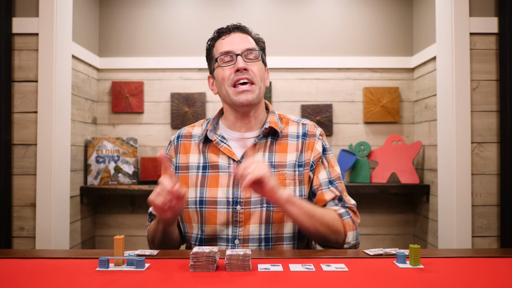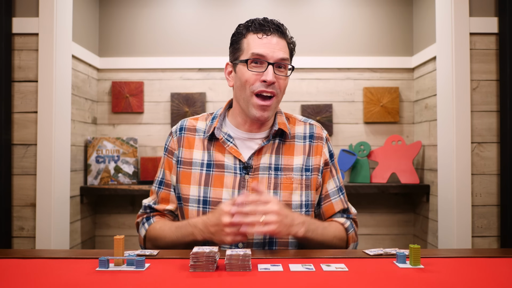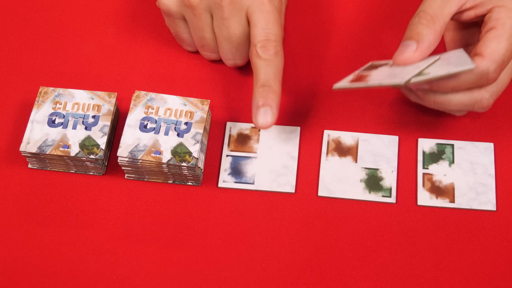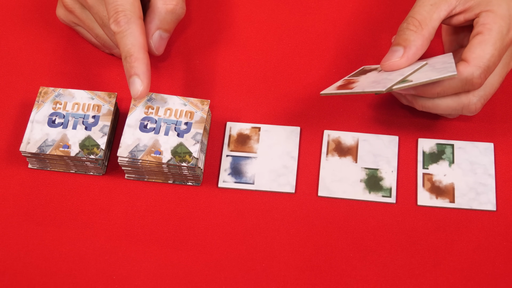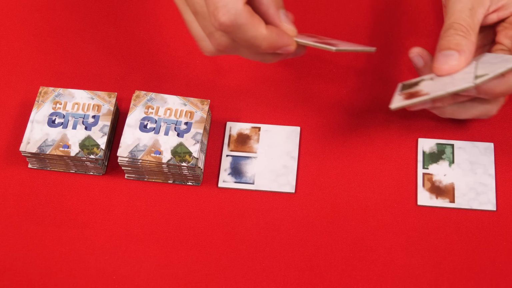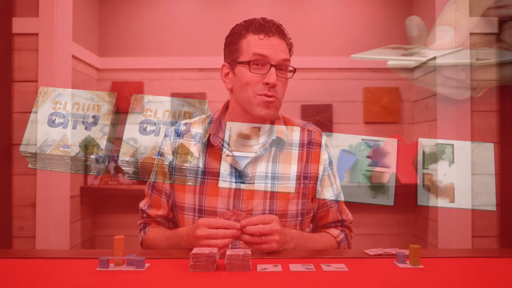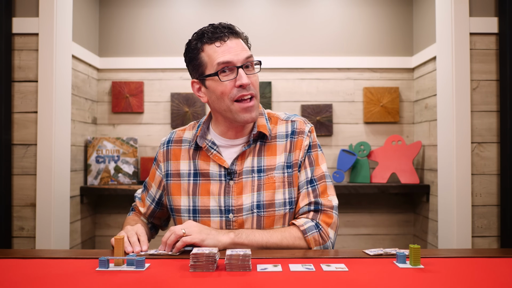Okay, with that understood, we now come to the 4th and final step of a player's turn, drawing a cloud tile. Here, you choose any one of the 3 face-up tiles from this row, or you can draw a random face-down one from the stack. If you take one of these ones, just make sure you immediately replace it with a new one. In this way, each player should always end their turn with 3 tiles in hand, and then it's the next